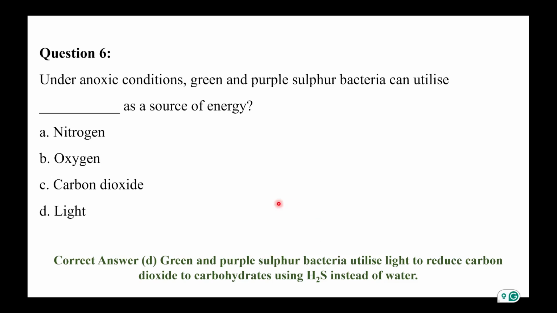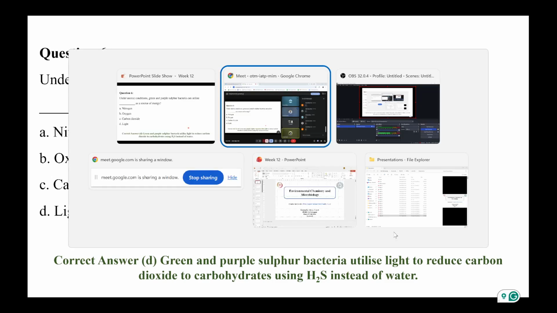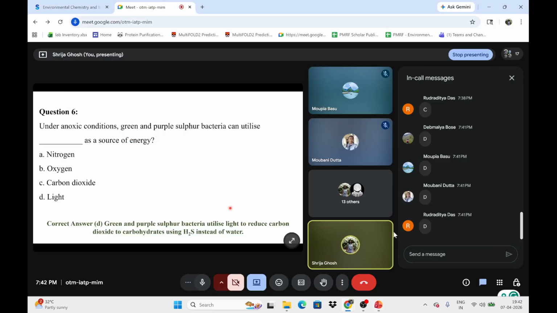And what is this bacteria called? It is utilizing light as energy source and using carbon dioxide to make carbohydrate. So what should it be called? What type of organism is this? What type of bacteria is this?